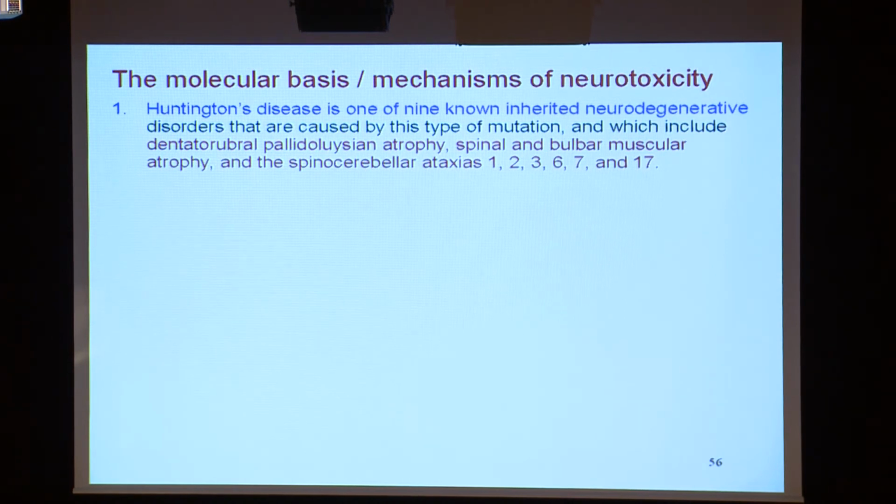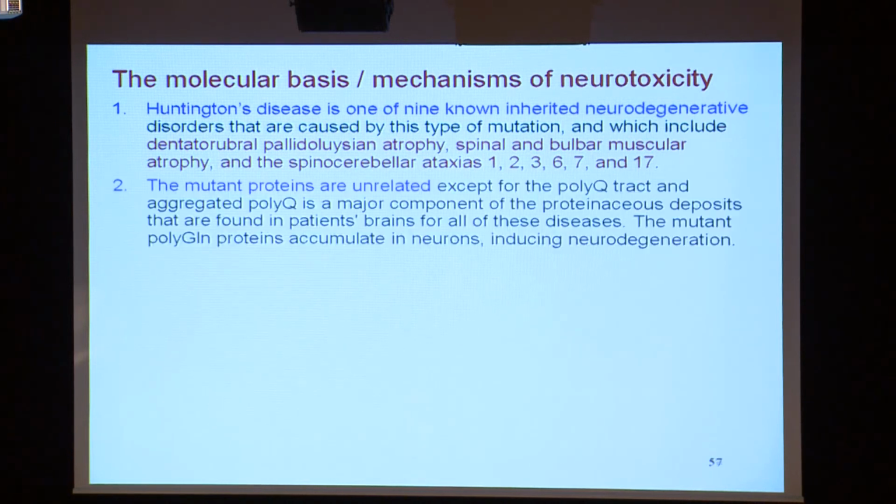And just to remind you that the proteins involved in these diseases are all quite distinct. The only feature they have in common is the repeat of the CAG codon by some unknown mechanism. The mutant proteins are unrelated except for this polyglutamine tract of the CAG codon. So the expanded polyglutamine seems to destabilize the protein and cause them to become insoluble and aggregated and build up in a proteinaceous deposit in the patient's brain for all these diseases, and they cause